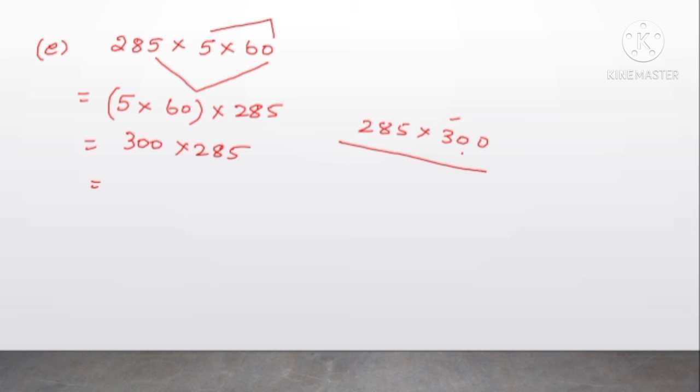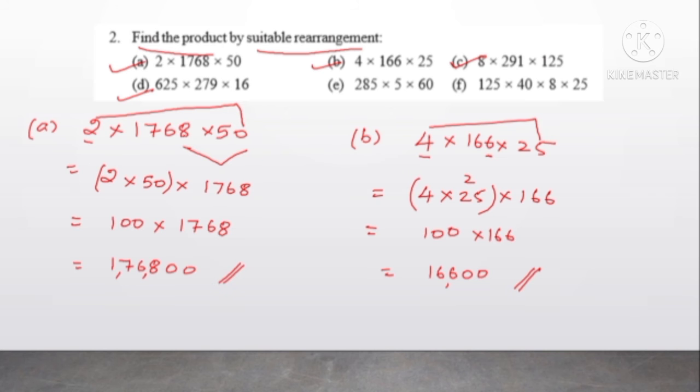After that we can put zeros. Okay. 3 5s are 15. Balance 1. 3 8s are 24. 24 plus 1 25. Balance 2. 3 2s are 6. 6 plus 2 8. How many zeros? 2 zeros. So the answer is 85,500. So 85,500 is the answer. So we completed subdivision E and the last subdivision F.